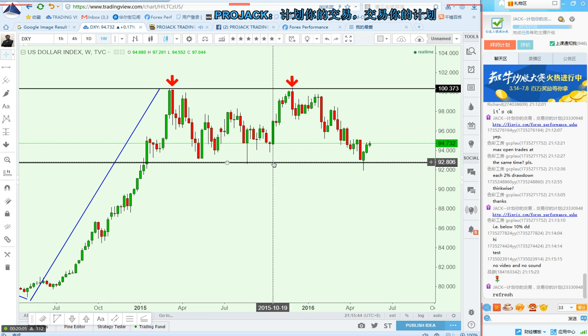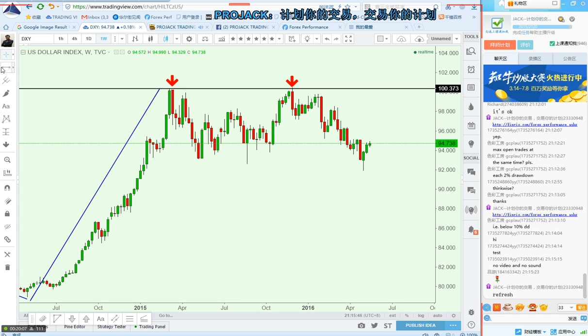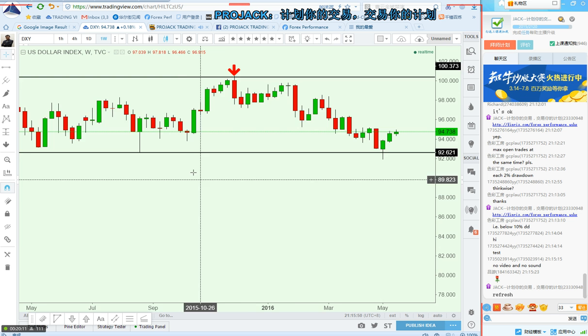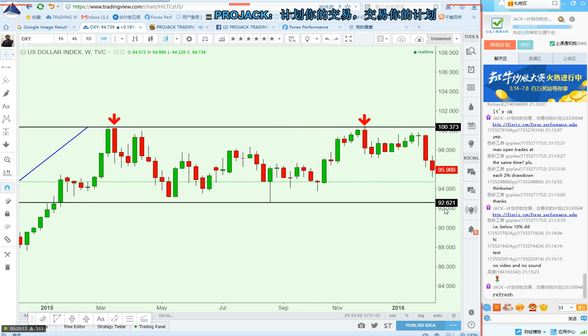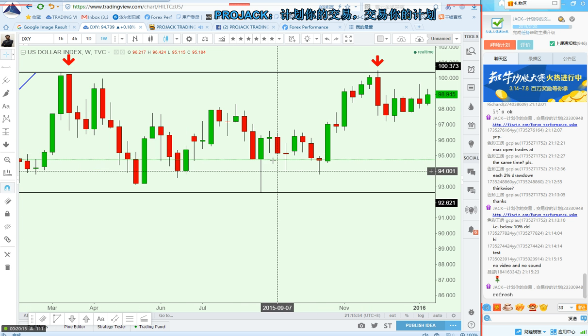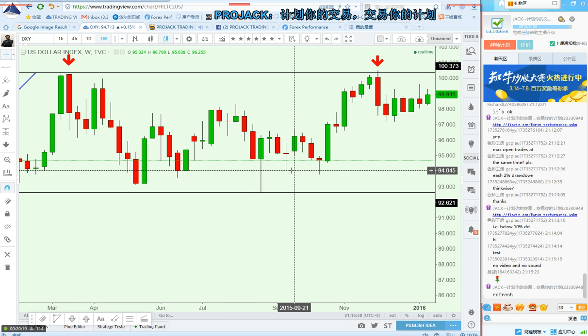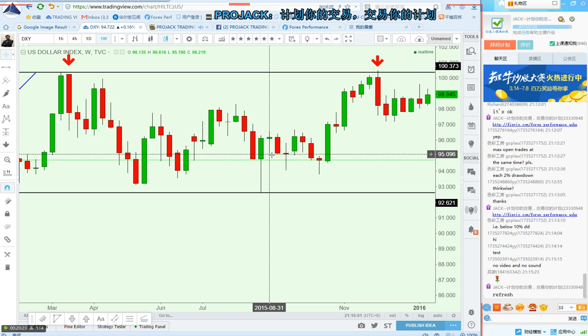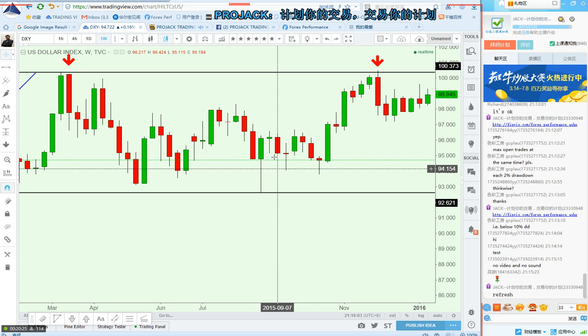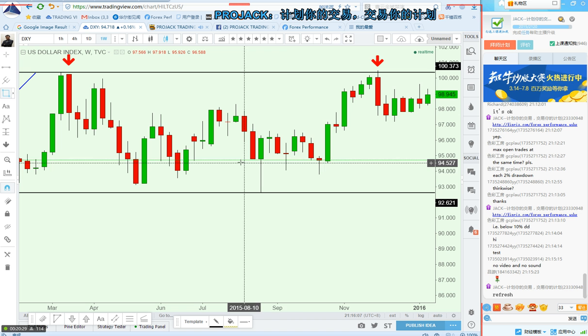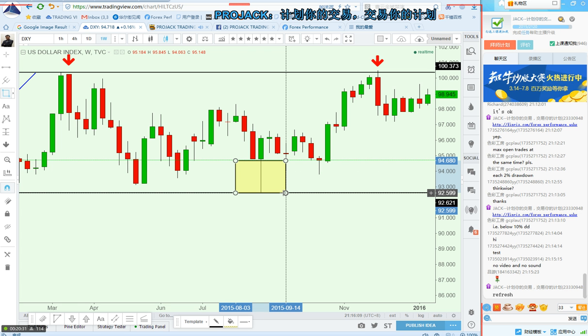Let's put here the 92.736. To be exact, it will be all the way at this pin, this week. Guys, this kind of candle gives us the strongest implication, because you can see the price goes all the way down and it pushes back. So this candle tells us there's a huge buyer here. That's why it forms a pin.